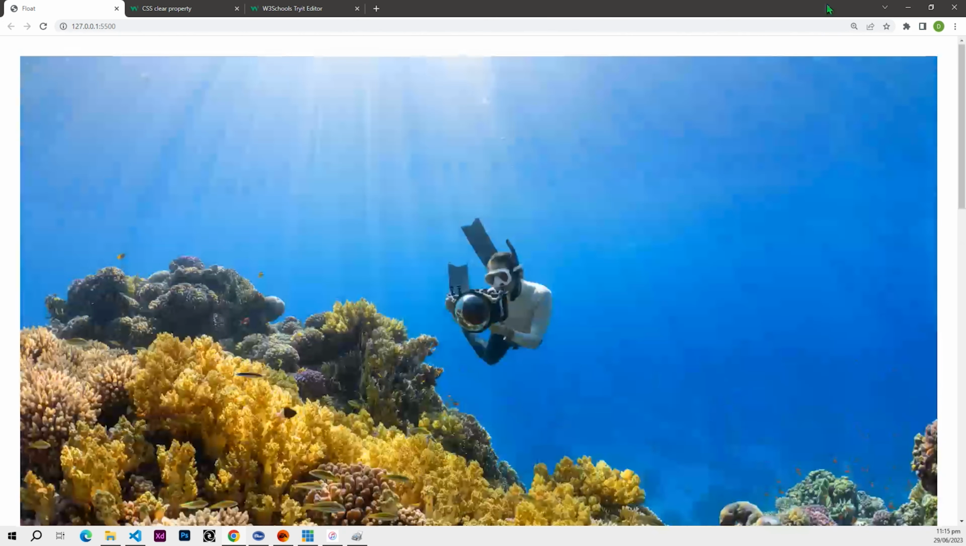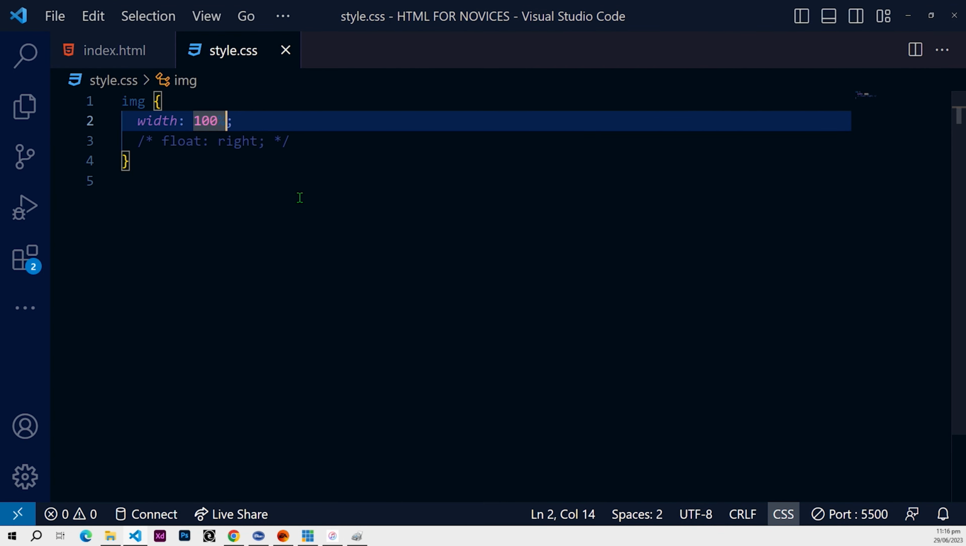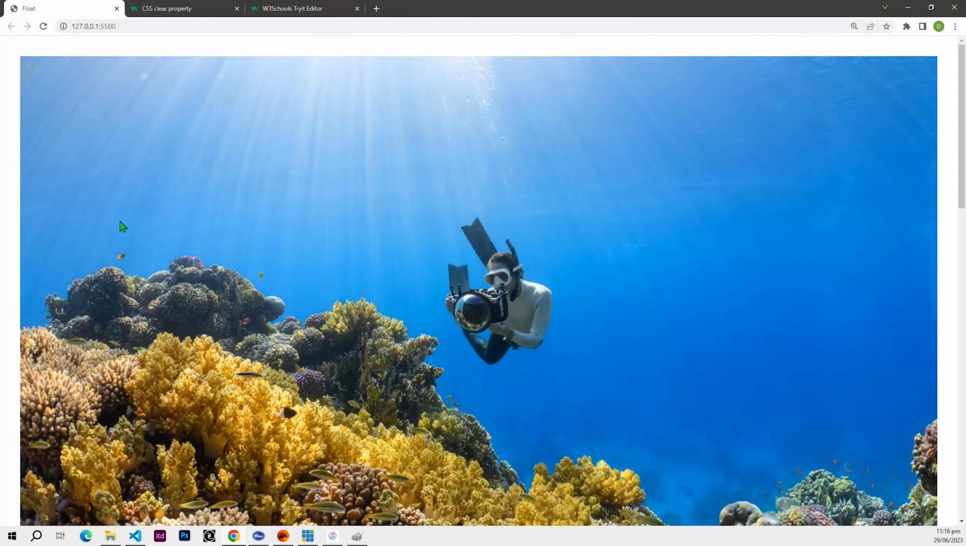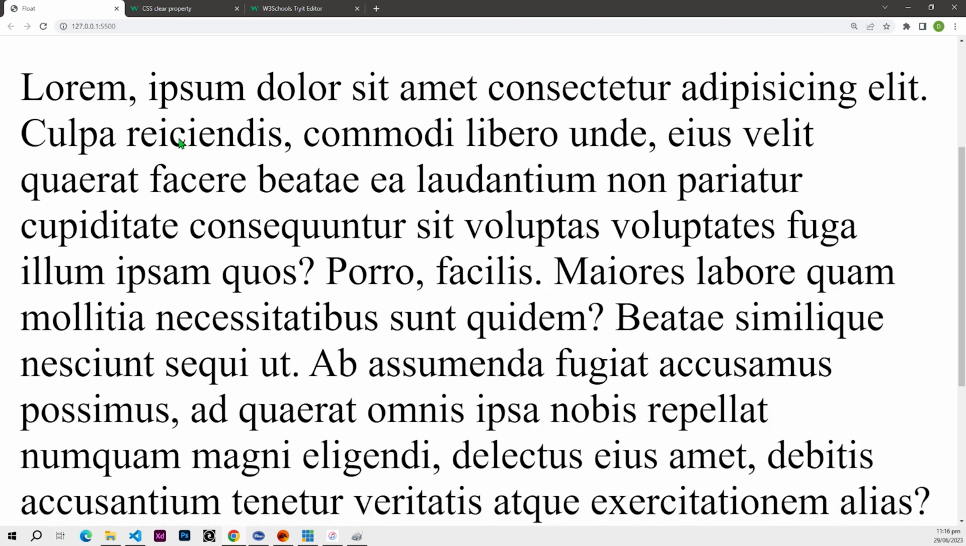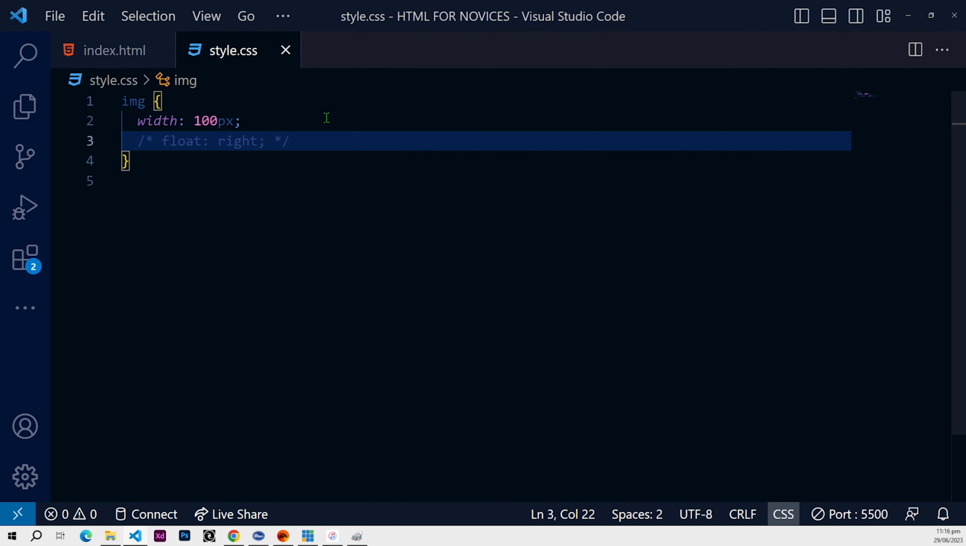So now going into the browser, this should load up. Oh no, not 100%. It should be 100 pixels. I was wondering why it filled up the whole browser. So after loading, this is what we have. By default, this is how it looks. The text goes beneath the image. But when we apply float,